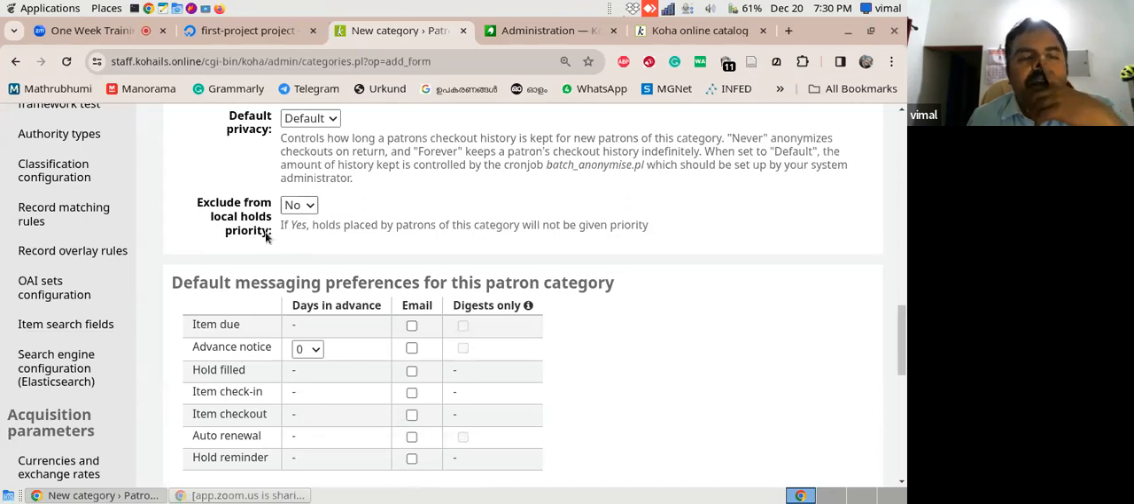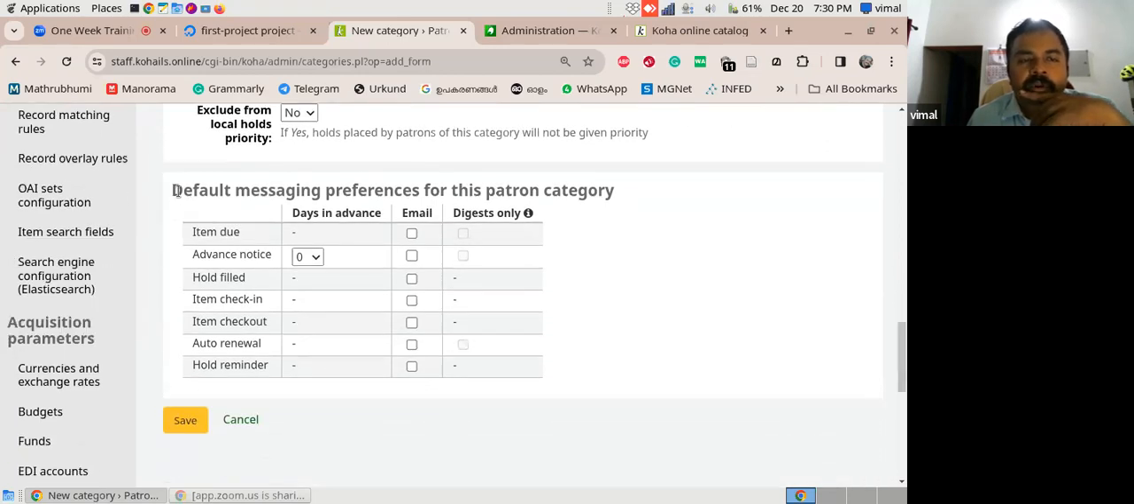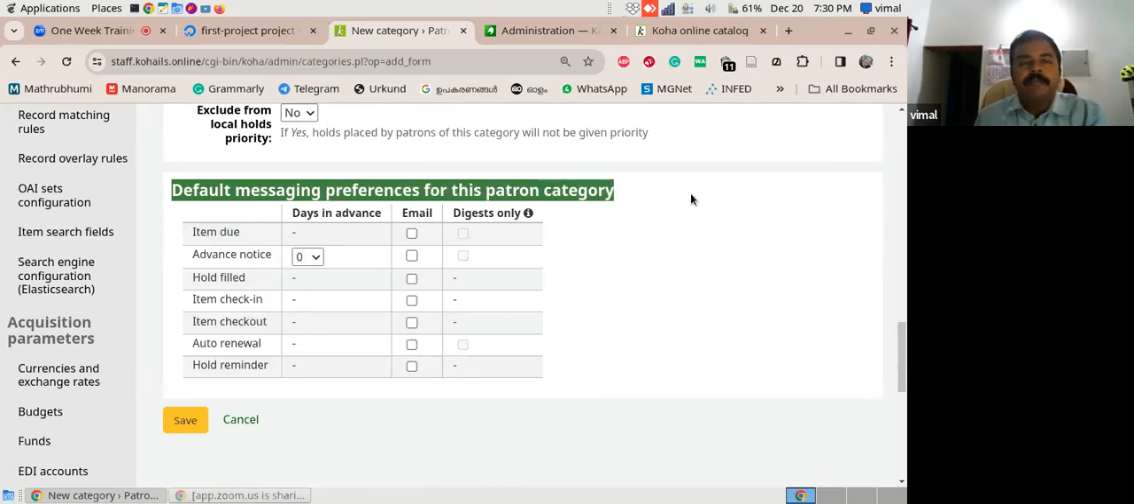Whether any priority while reserve a book. Okay, this one is very important. Default messaging preferences. That means